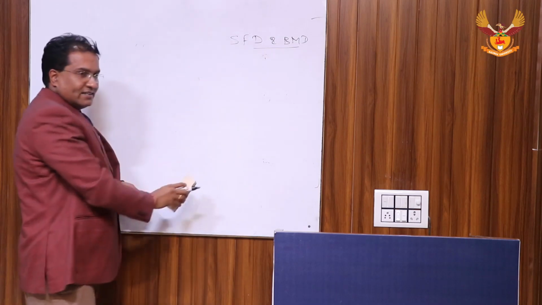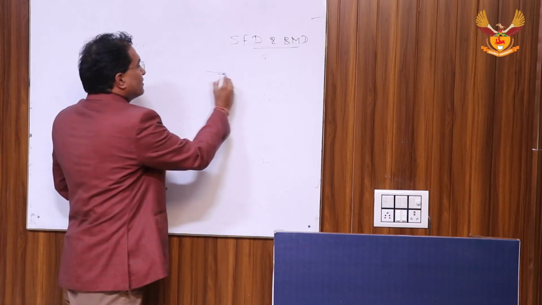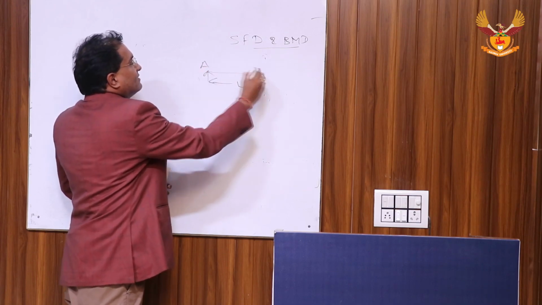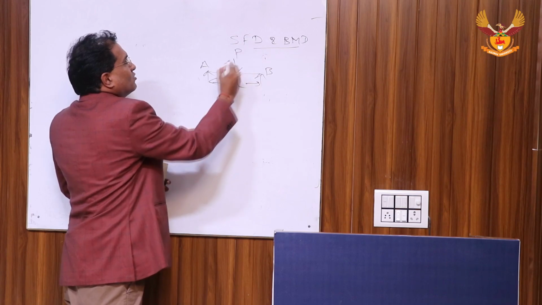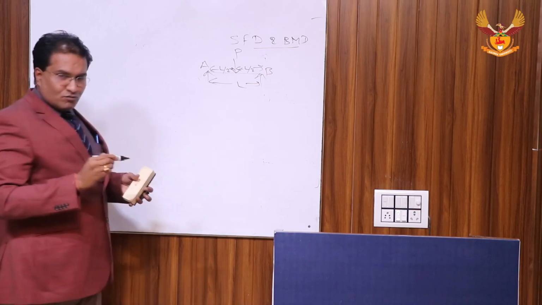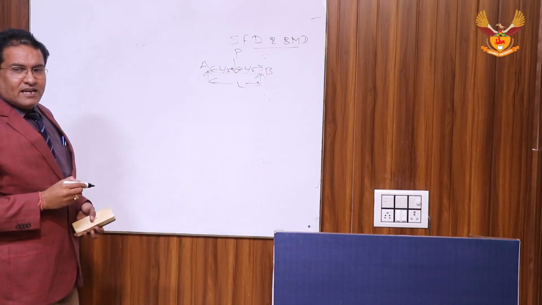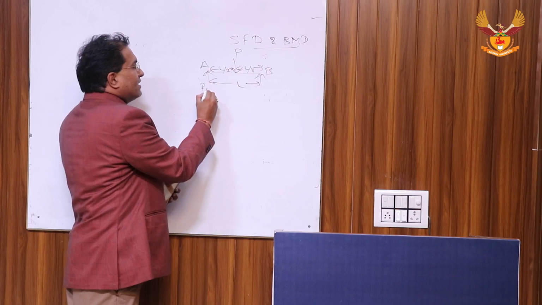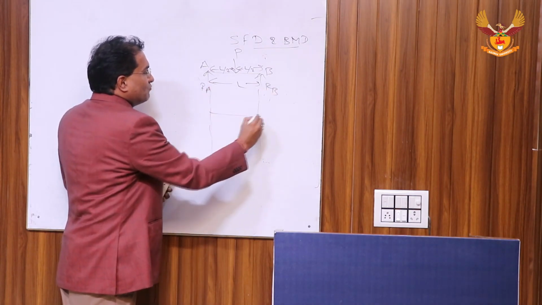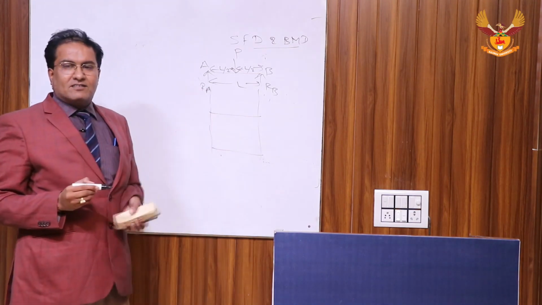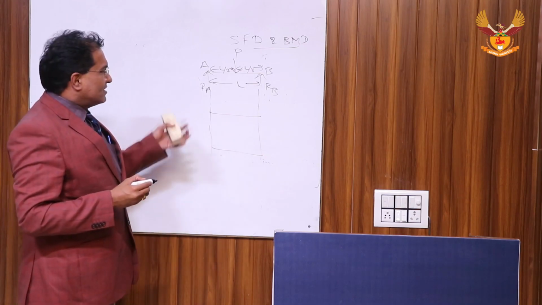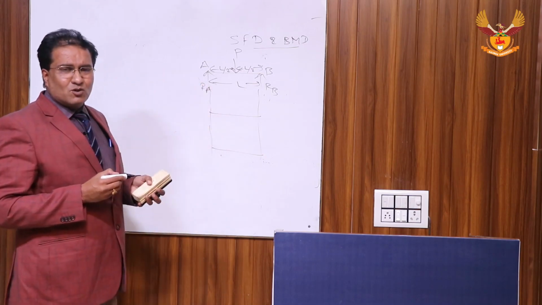Let us take an example of simply supported beam. This is simply supported beam with span L and ends AB with point load acting at mid. Now first of all we have to evaluate the reactions. This is RA and RB. If we want to plot the SFD BMD for this beam, then first of all reactions are to be evaluated. So reactions we can evaluate by Varignon theorem or by applying the equations of equilibrium,